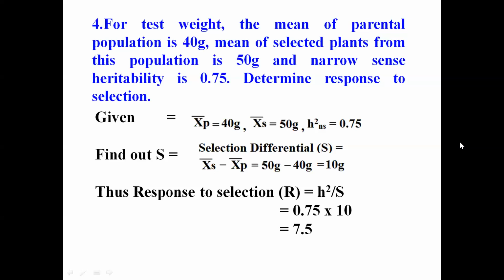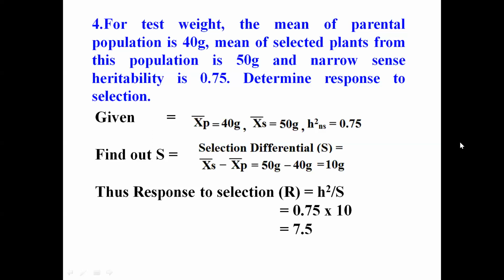So first of all, we will determine selection differential. What is selection differential? The difference between the mean of selected plants and the mean of the parental population, and this is 10 gram. So response to selection R is equal to H square divided by S. We have already studied all these in a previous class. So response to selection is 0.75